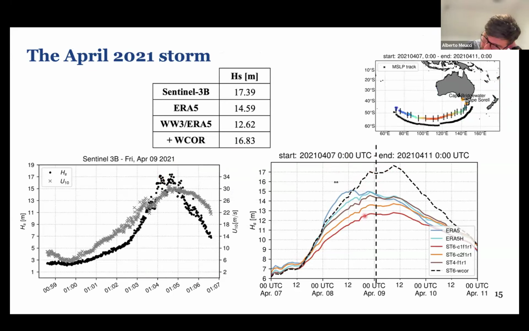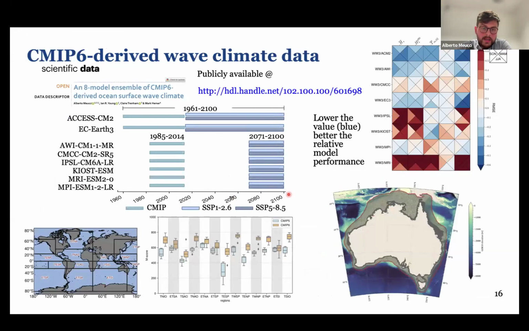And here I have to apologize to Jan and Josh, because I didn't have time to put in the ERA6 prototype, which we had a look at back then with Cape Bridgewater, and we were practically on the same path as our new wind correction. So the ERA6 will sit here with the dashed line of our correction as well. But it was important for us to run it as well for our Australian Climate Service product. And so ultimately, on top of that, my research model, I've used that for